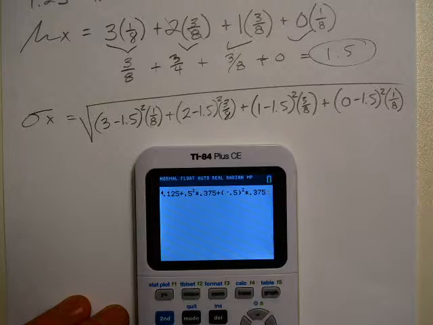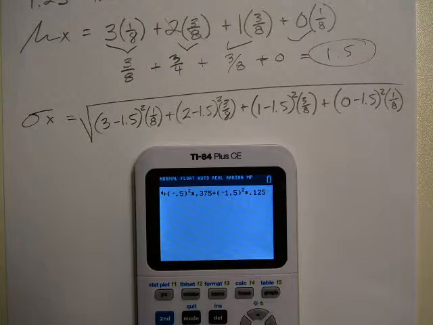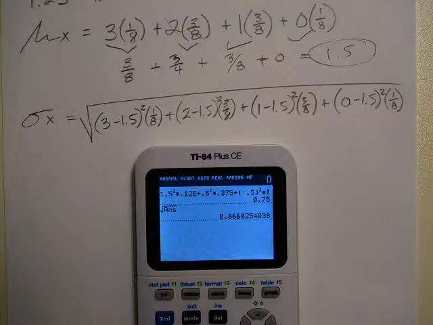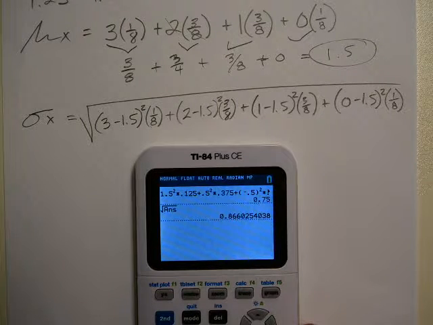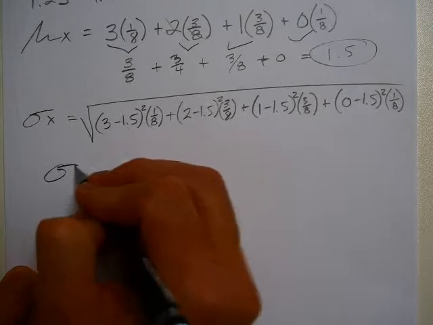Decimal 0.375. Plus the last one, 0 minus 1.5. Since I've got another negative, I'm going to get some parentheses in there. So 0 minus 1.5 is negative 1.5 squared times 1/8, 0.125. Oops. I think I have everything in there correct. So I'm going to go ahead and hit enter. And now I take the square root of that. 0.866. Good news is that matches my notes, right? Okay. So I've either gotten it wrong 2 times or I've gotten it right 2 times. So sigma x